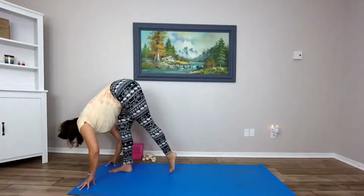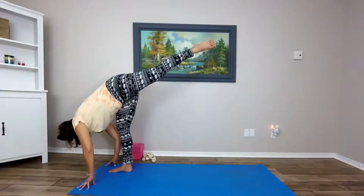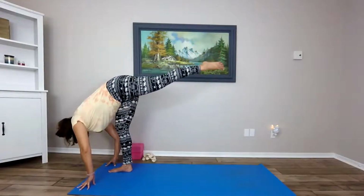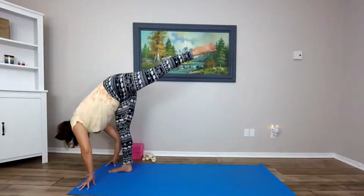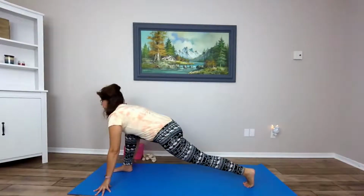Tap your left toes down, lift your left leg. Tap and lift. Keep straightening through your right leg. Tap and lift. Tap your toes and lift. And then very carefully step your left toes back